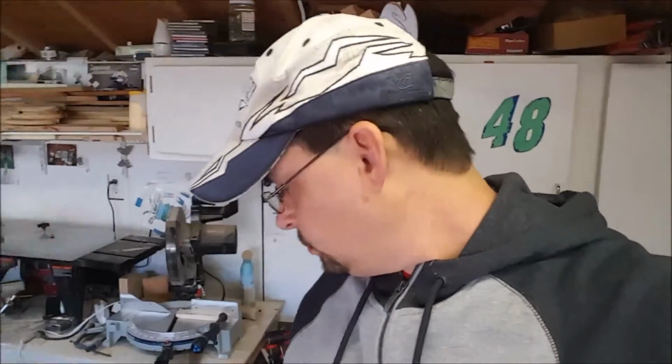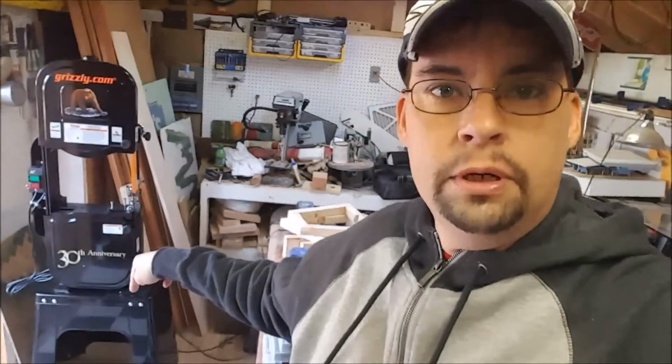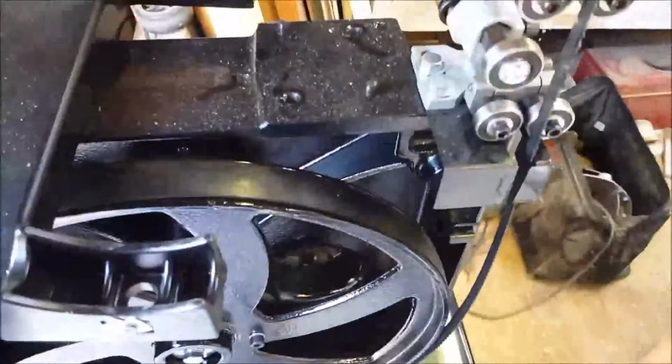So thanks again. We're going to tighten this thing down because this 245-pound contraption is just standing on top of the base and is not secured right now, and I do not want to leave it like that. So I'm going to go ahead and throw those bolts in it now. Next step is to take